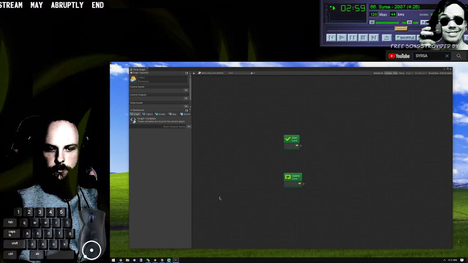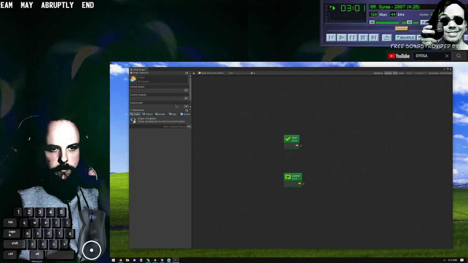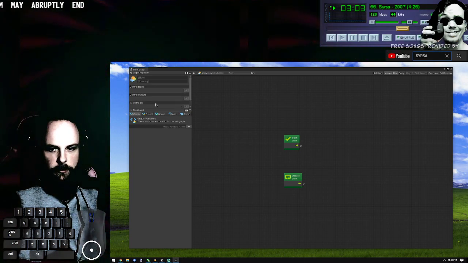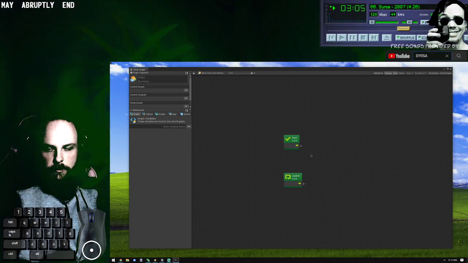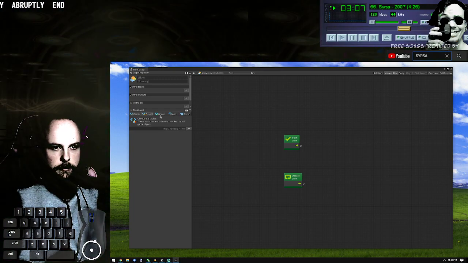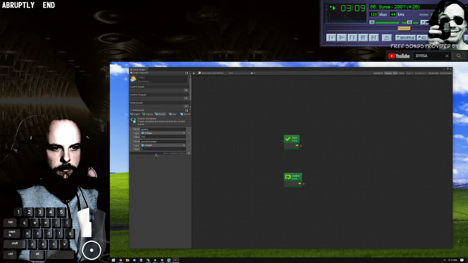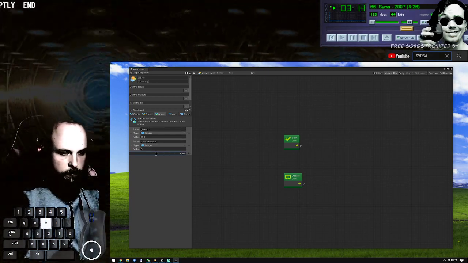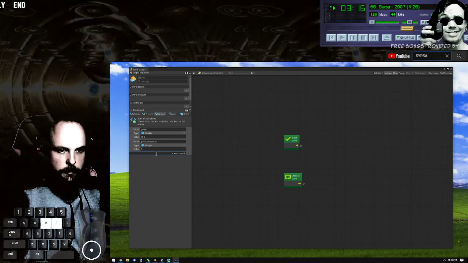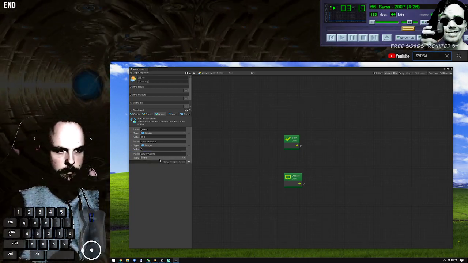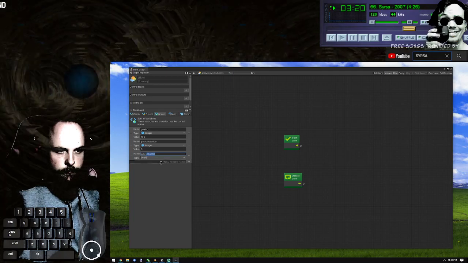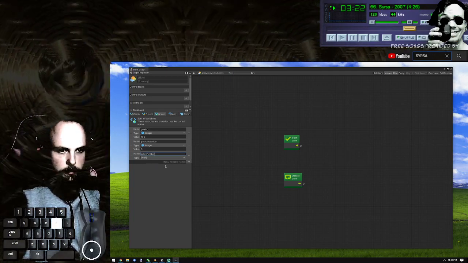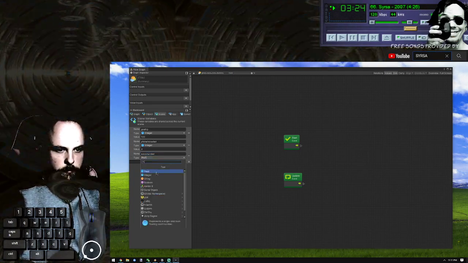I might need to... No, I don't need to do that. I was going to say I might need to open up Unstable Load and look at the code in that for a second, but I don't think I do. Scene. So we got goal HP. We want wave counter. Wave number, and that will be an integer.